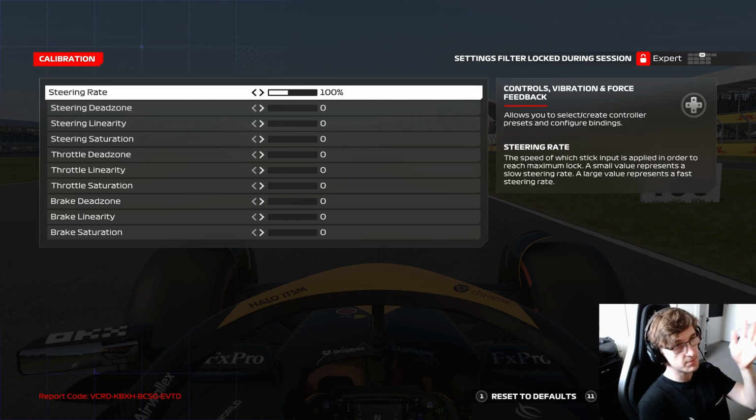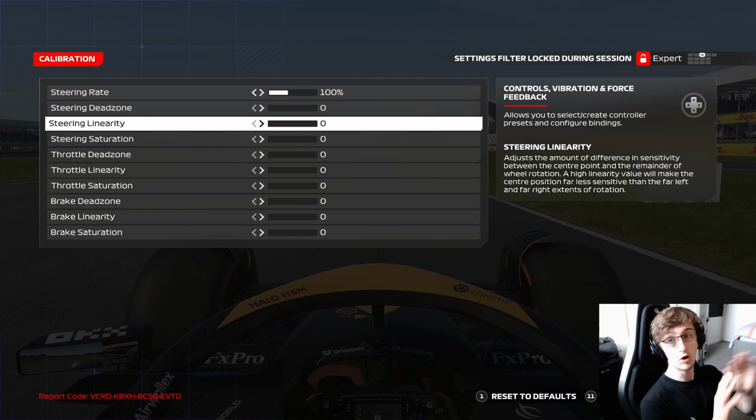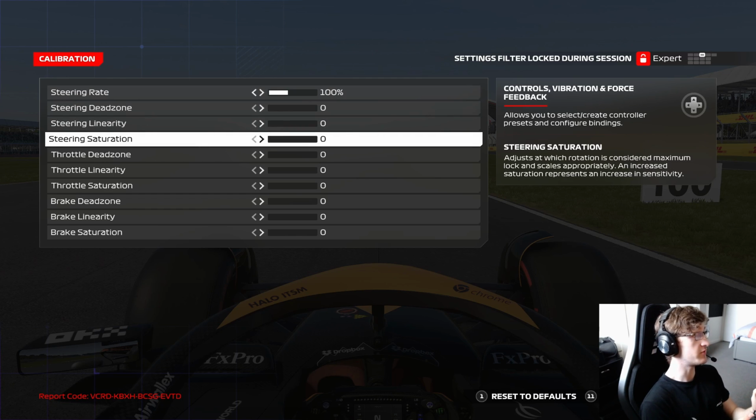Steering rate, this applies to controller and is basically the sensitivity of your steering on controller. It's like having a higher sensitivity in Call of Duty, for example. You can have this at 100%, higher as the steering turns more, lower as the steering turns less. That is your preference. Steering dead zone, I run this on 0. I would recommend everyone has this on 0. Steering linearity, always have this on 0. Saturation,